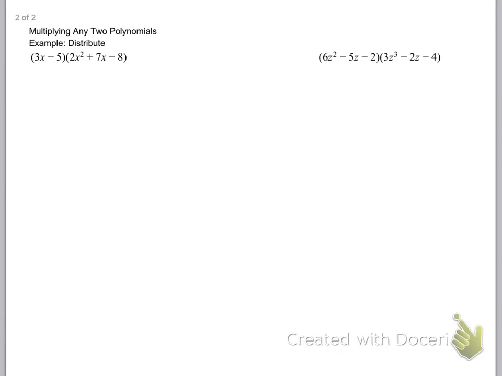So now let's do a binomial times trinomial, or a trinomial times binomial, it doesn't matter, or a trinomial times trinomial, or a 10th term polynomial times a 10th term polynomial. It doesn't matter. You just keep doing this over and over and over and over. Now,